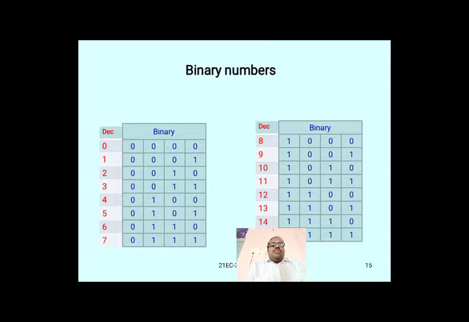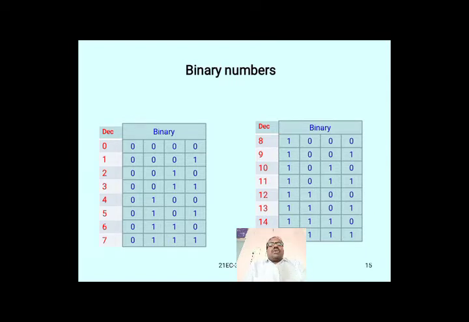See, up to 2 or up to 3, it is represented in 2-bit code. From 4 to 7, it is represented in 3-bit code. From 8 to 15, it is represented in 4-bit code. After that, 16 to 31 is represented in 5-bit code. I am showing the differences only. Please make a note of it.